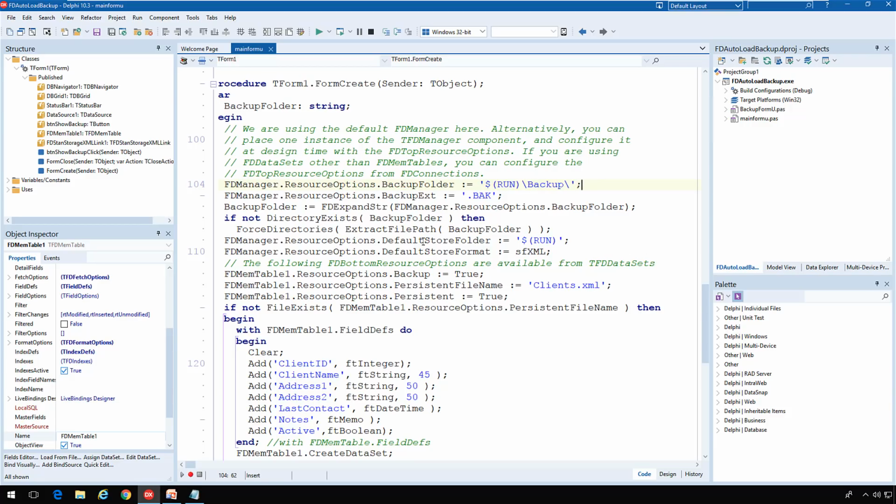Furthermore, I'm saying that the default store folder is also the run folder, not the run backup folder, and the default store format is the store format of XML. That I want backups to be created, I use the FD memtable's FD resource options and set backup to true, the persistent file name to clients.xml, and persistent I set to true,